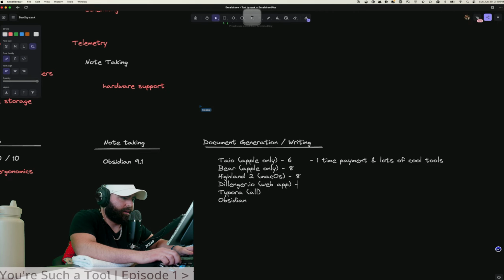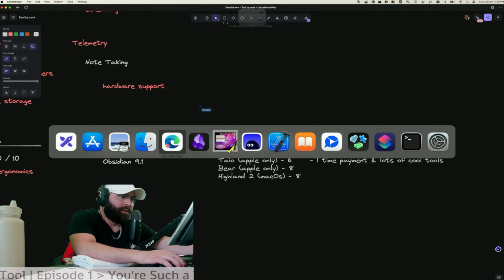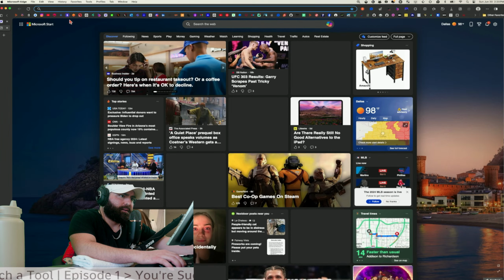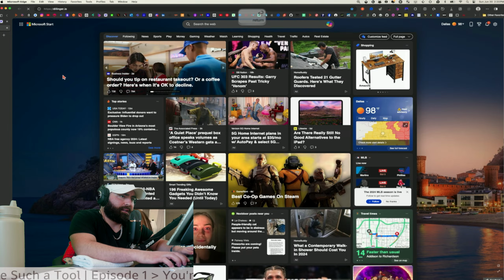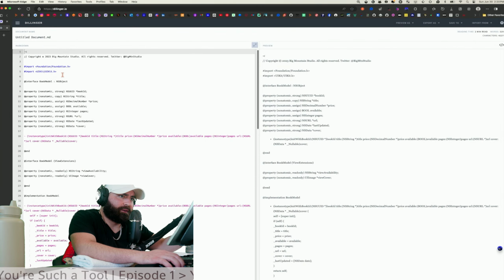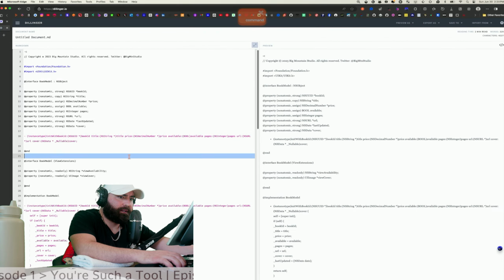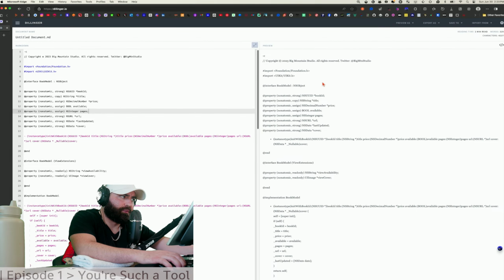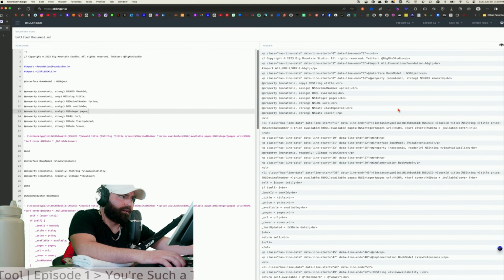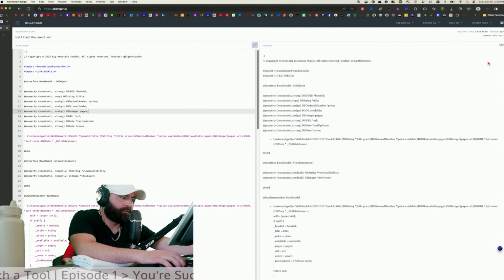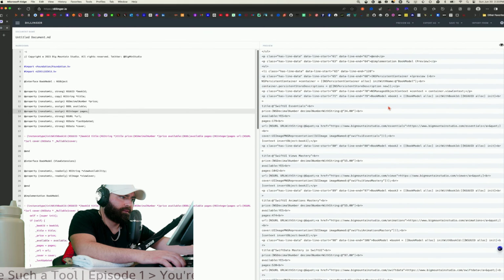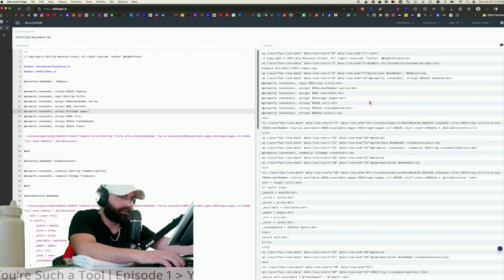Now, there's actually, I don't want to cover these. I've kind of beat this horse down. Dillinger.io, if you want an easy, quick way to do something on the web. This one's worth showing just because I think it's immediately accessible to anybody. You can just go to Dillinger.io and start writing on the left-hand side. On the right-hand side, you have your preview. And you can even see the raw HTML.